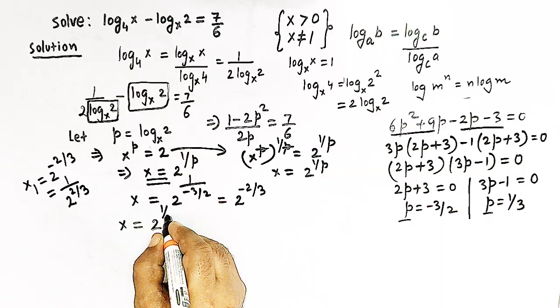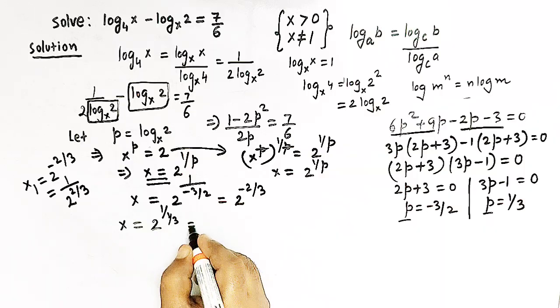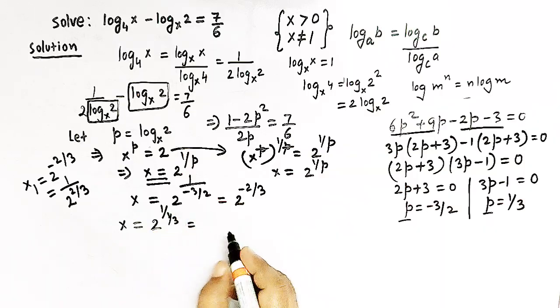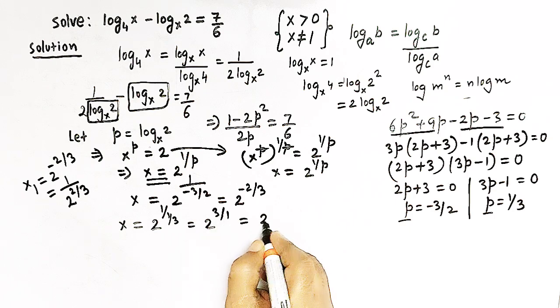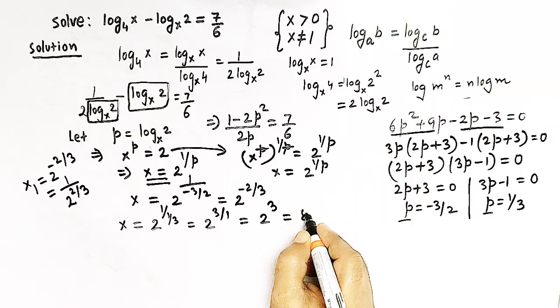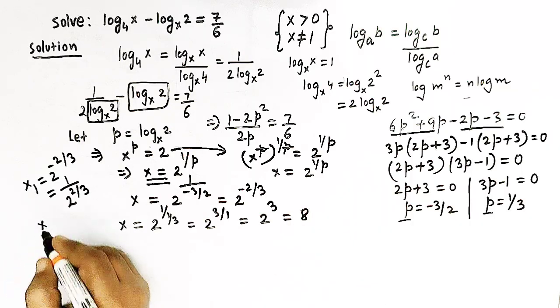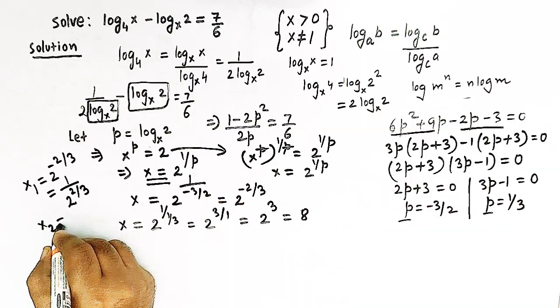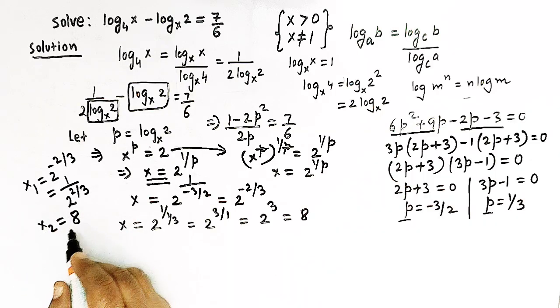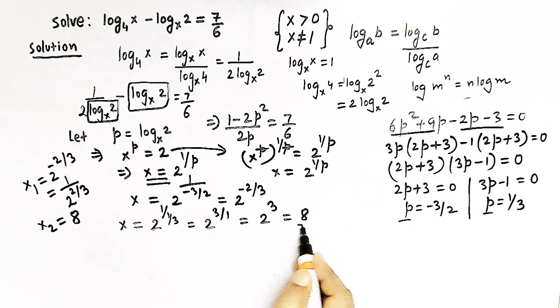P is 1 over 3. So taking 3 to the numerator here, we have 2 raised to 3 over 1. That is simply 2 cube, right? That is equal to 8. So the second solution of this equation is given by x2 is equal to 8,